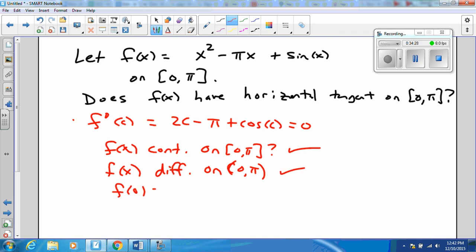No. All right. Does f of 0 equal f of pi? Yes. F of 0 is 0, and f of pi is also 0. Check. So I am guaranteed a horizontal tangent even if I don't know where it is. So you can just say yes. There must be, we are guaranteed by